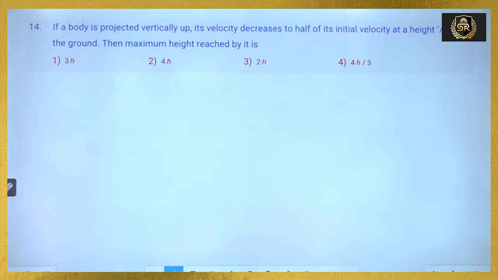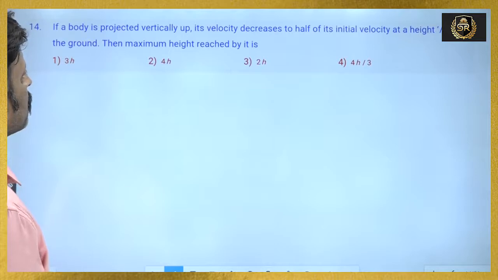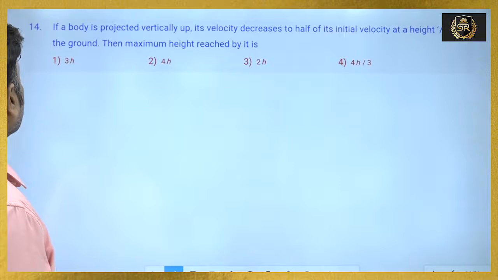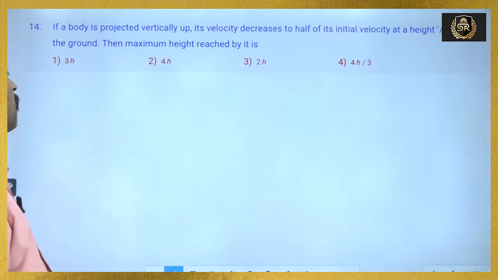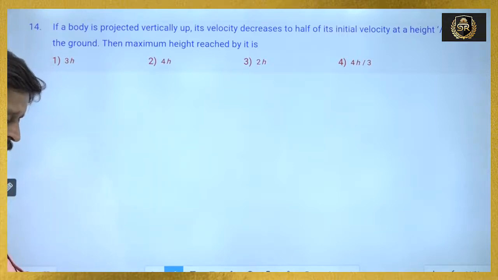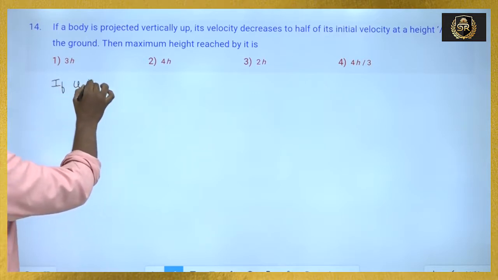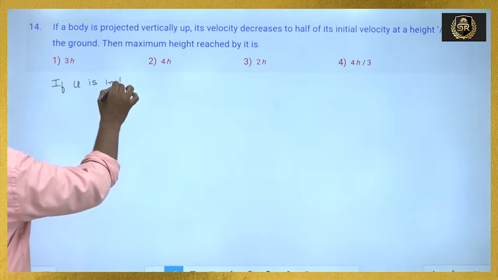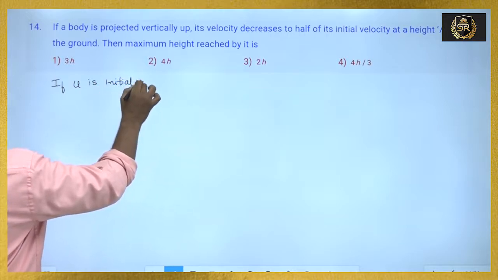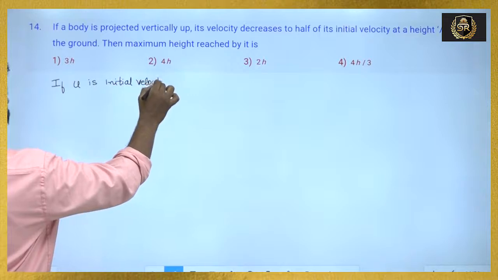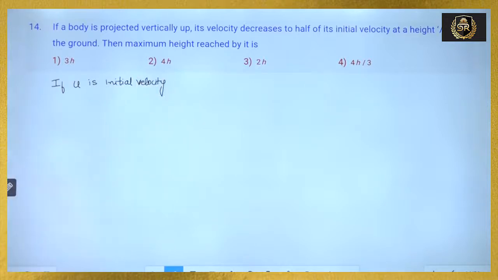Question number 14. If a body is projected vertically up, its velocity decreases to half of its initial velocity at a height h above the ground. Then maximum height reached by it is, see here, if u is initial velocity,